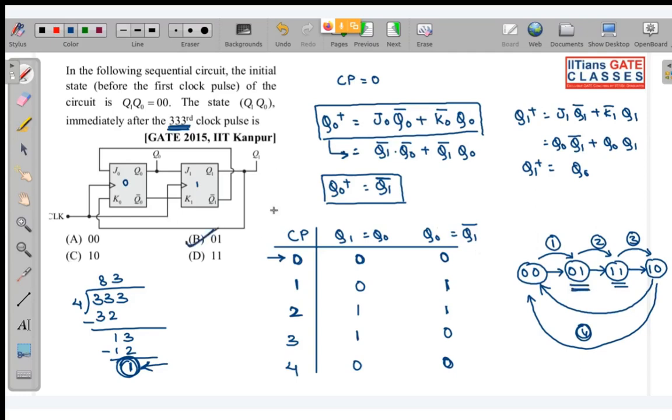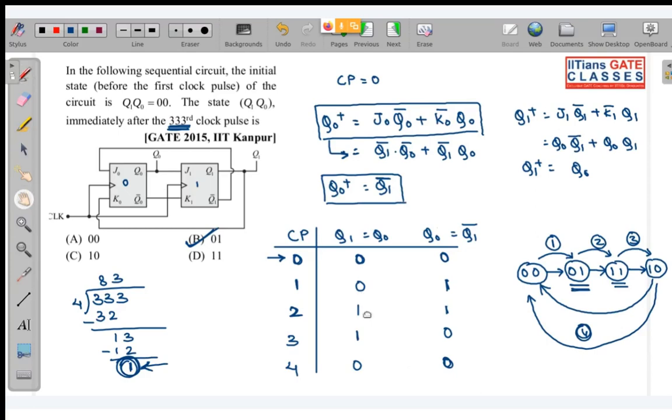Why A? Yes, so I didn't get that table you drew, when the clock pulse equals 1. Can it be Q naught? Wait a second. Piyush has written, can it be Q naught plus is equal to Q1? Okay, mistake, understood. Okay, so you didn't understand this table. Okay, if you didn't understand, it's okay.